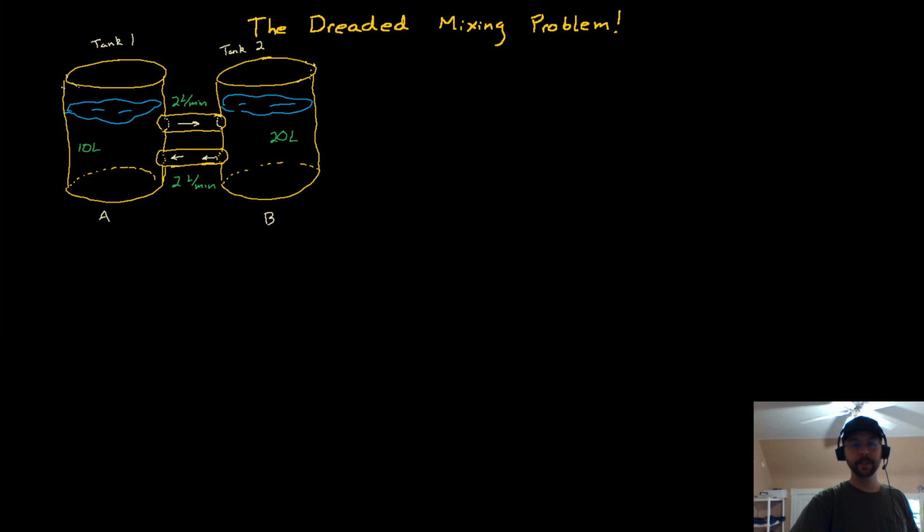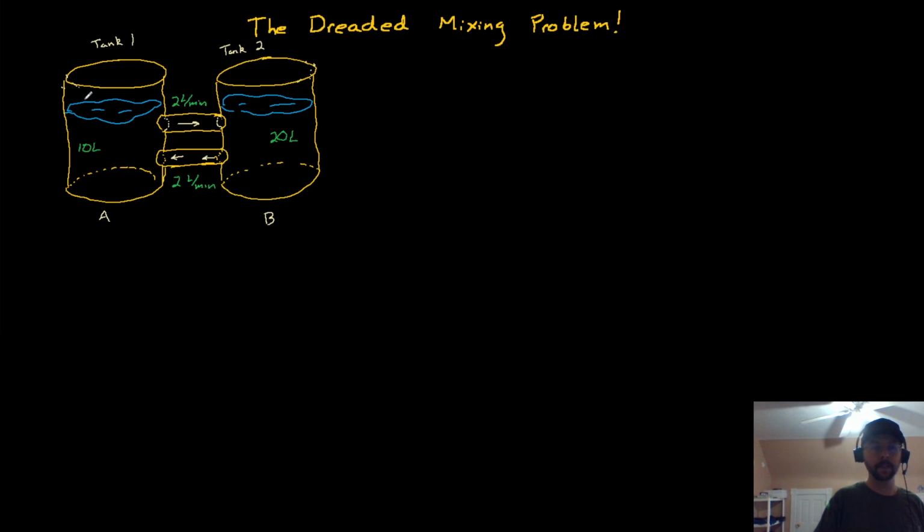Hello. This morning I want to talk about a mixing problem. There's a lot of different ways to set these up, and just many actually. But this is a pretty basic example. I want to solve it in two different ways. And the things about the setup here that would make this particular problem different from another mixing problem could be